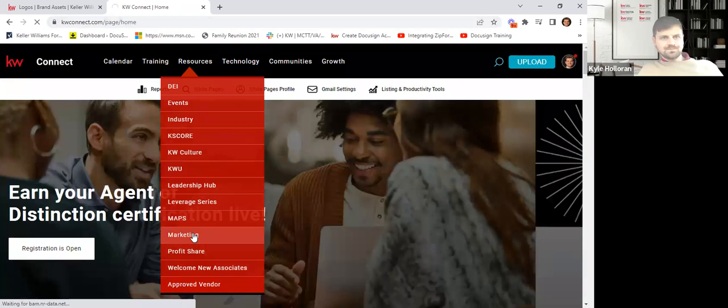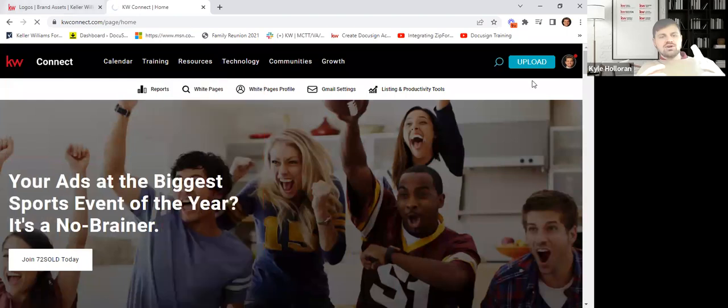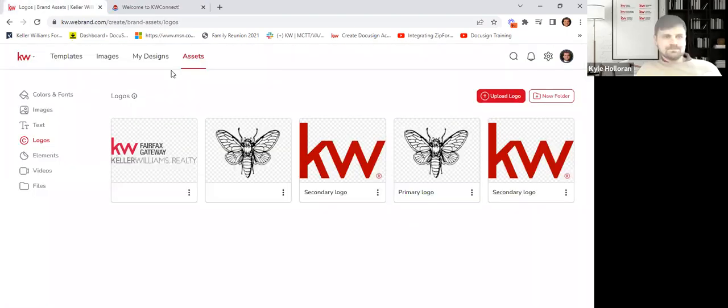you'll be able to see right here on the screen, it'll say your Market Center logos and graphics, and you're going to go ahead and put in your Market Center number, right? And it'll come up with the logos. And then you would come back over here into Command, and you'd actually be able to upload those logos. Okay, makes sense?